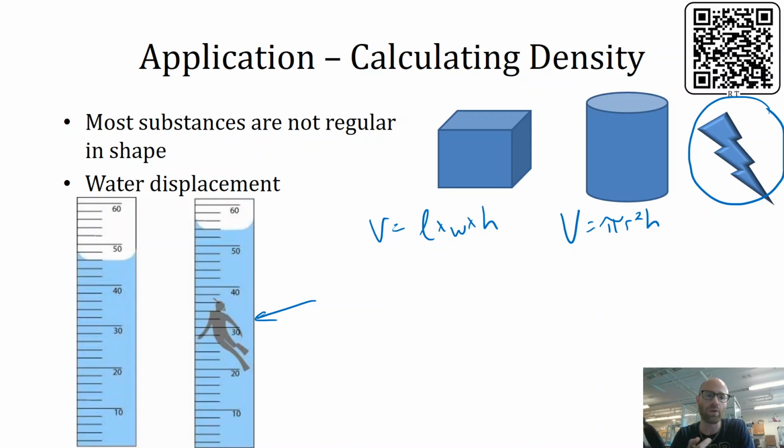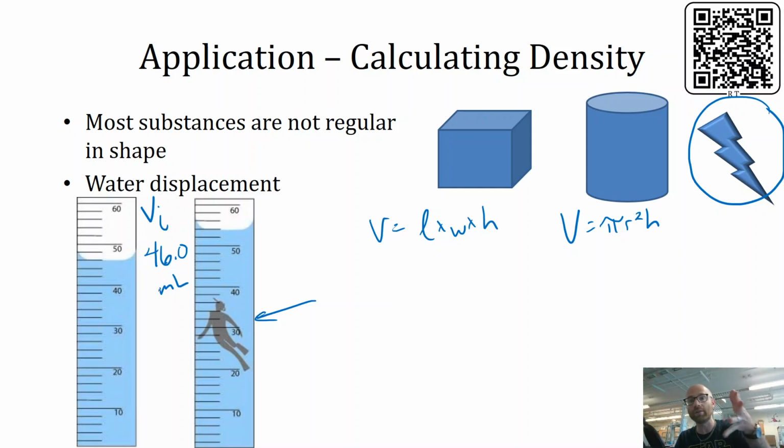So we use something called water displacement, which involves having a known quantity of water, putting in your object, and then measuring the new volume of water, and you have to subtract. So what we get from our first graduated cylinder here is V sub I, or initial, which, looking at this, we have lines every 2, so I don't quite know how to estimate that, but here's what I'll say. It seems like that's pretty spot on for 46 milliliters. And I am going to put the 0.0 there because the 6 came from the instrument,